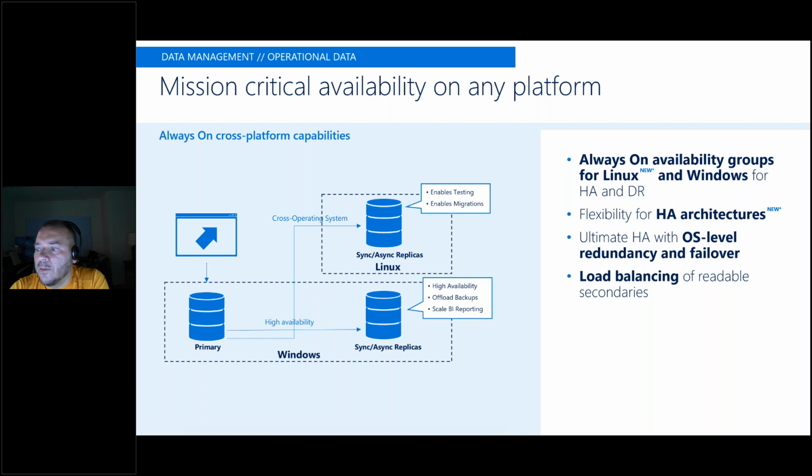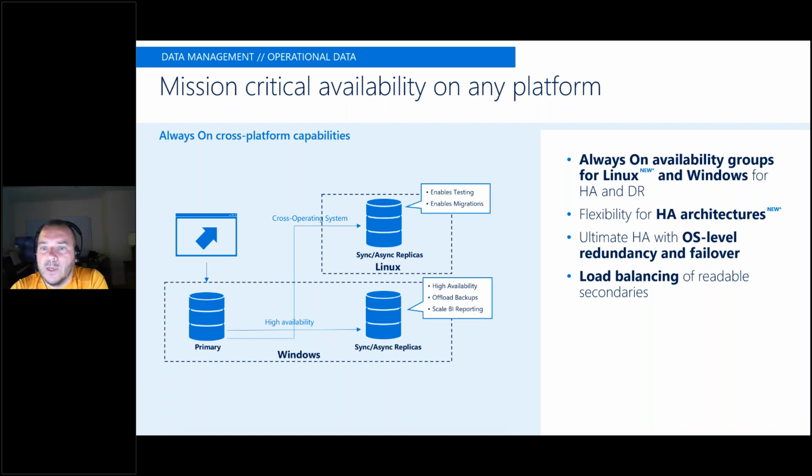This is the configuration where you have, let's say, a primary and one secondary running on Windows, and then one of the secondaries running on Linux. And this could be, for instance, a scenario where you want to manually fail over from the Windows platform to Linux.